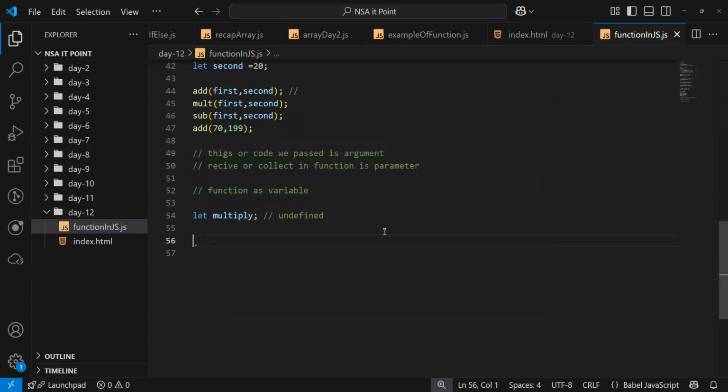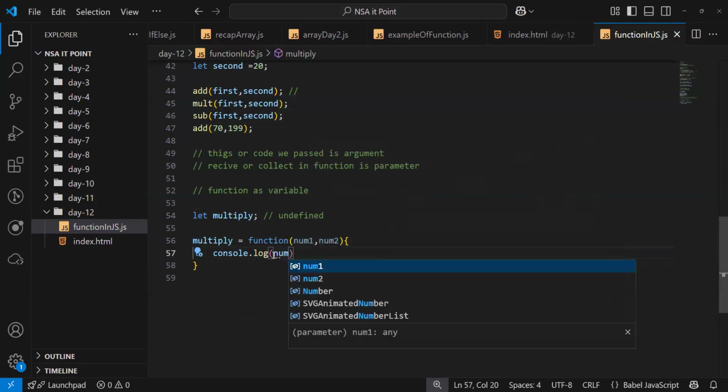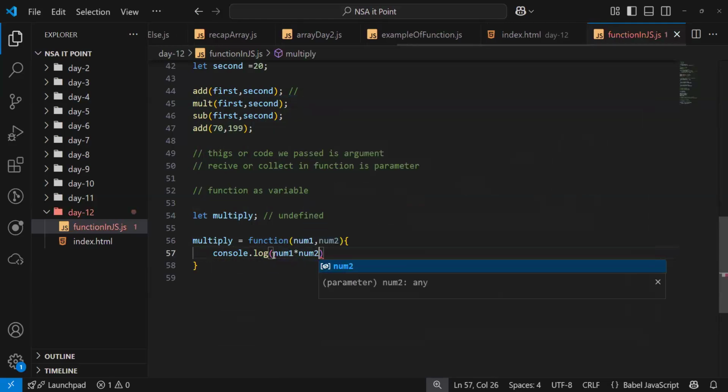Multiply equals function, and you don't need to give its name because we're storing it inside the variable. Let's capture variables num1, num2, and just multiply num1 by num2.